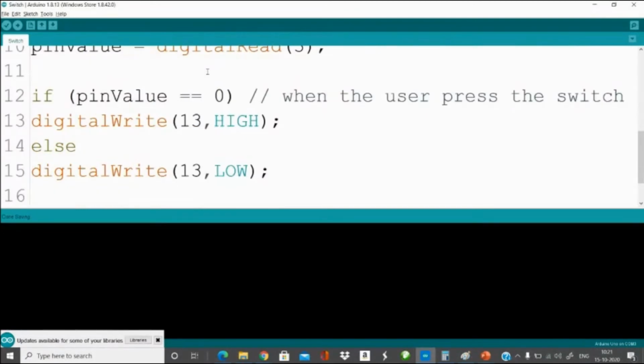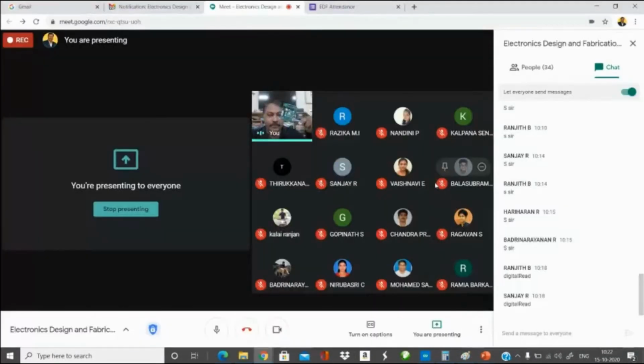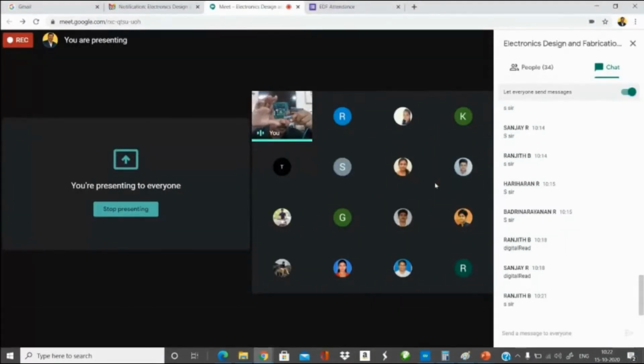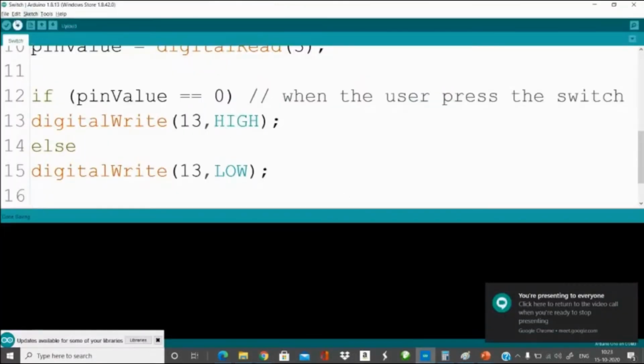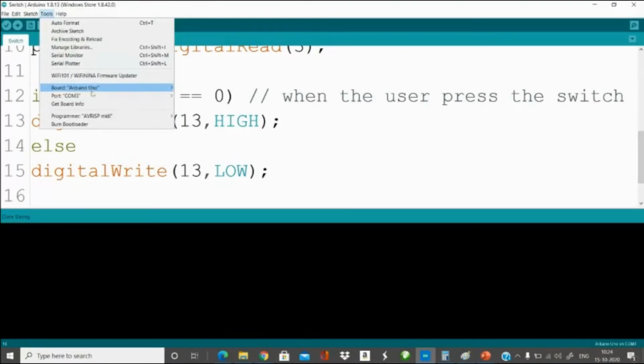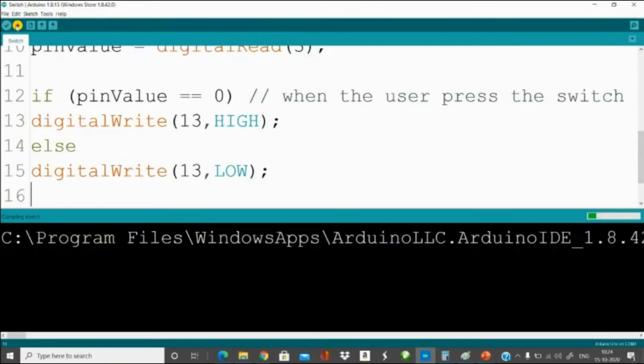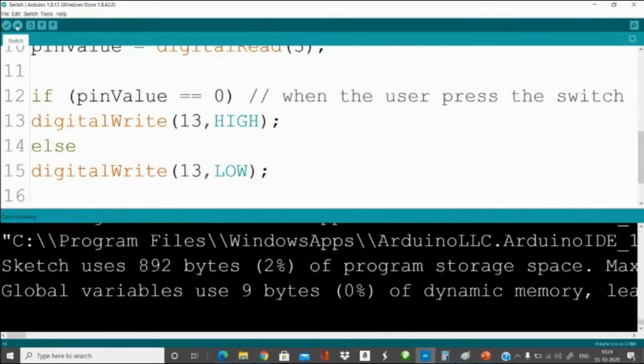Okay, let us connect our board. Is this board visible to all of you? I will connect the board to the laptop. Now it is executing the alternate LED that we programmed in the previous class. So you go to the Arduino IDE again, go to Tools. The port it is connected to is COM3. That's fine. Now you start to upload this by clicking this button. So once you are done uploading,